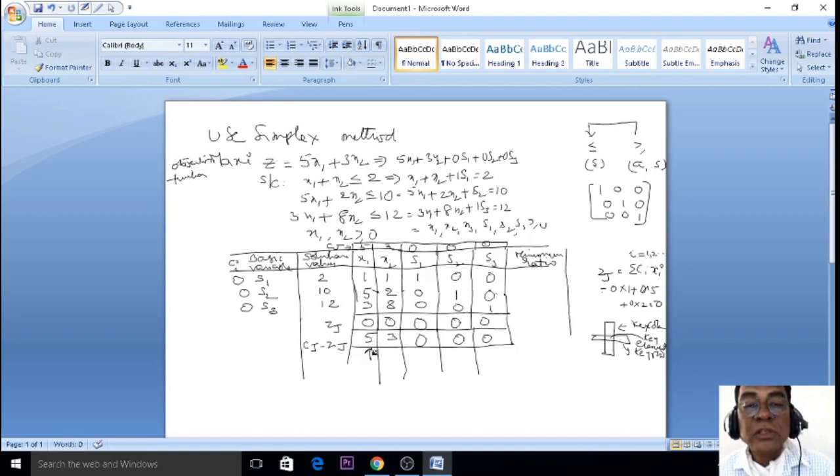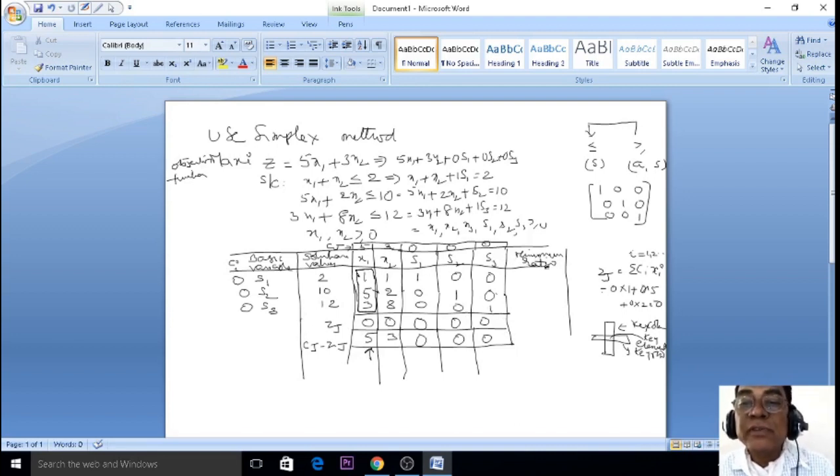Suppose you have 5 here and again a 5; which column is suitable for the key column? You can select any one if the values are the same. So better to select here the 5 and make one box around the column. This is called the key column. The key column corresponds to the maximum value. Next, the key row. How to find the key row value?